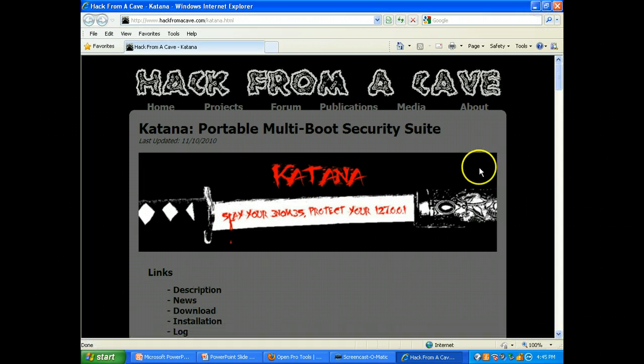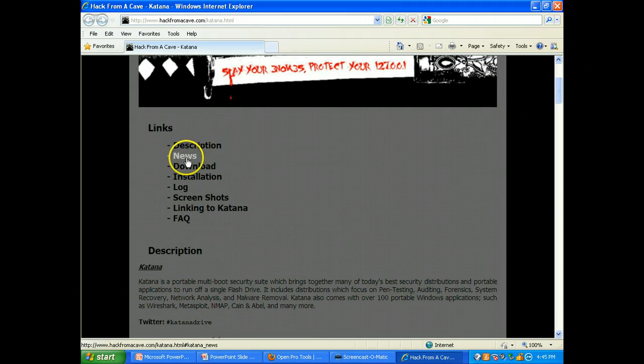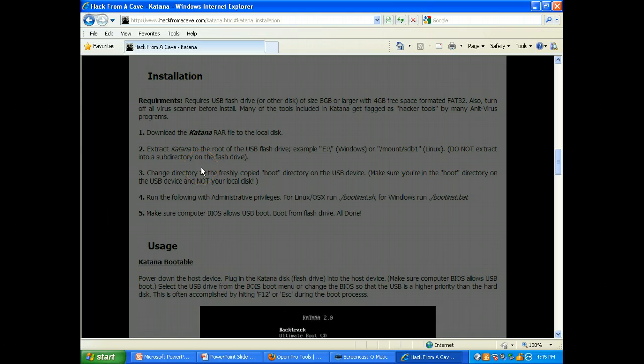All right. Now this has the different projects on the site. The one we're on is Katana. One goes right to the site. It has a description. I already went over any news, but where you go after you go to the download, which is a 4 gig one, on the installation it gives you step by step. The colors have a little bit of desire on the website, but that's irregardless. Once you download the RAR file, it's a 4 gig one,